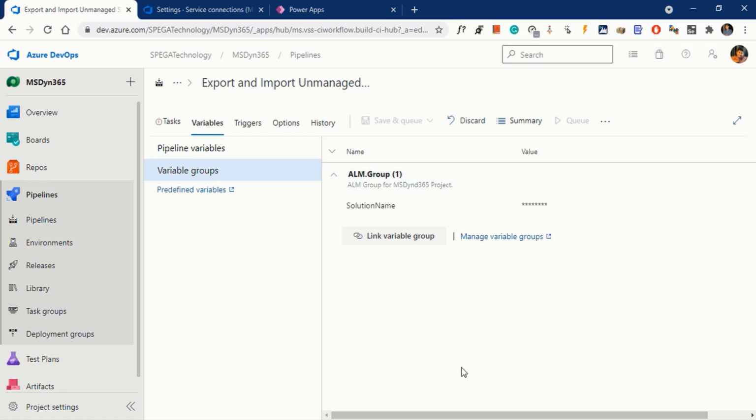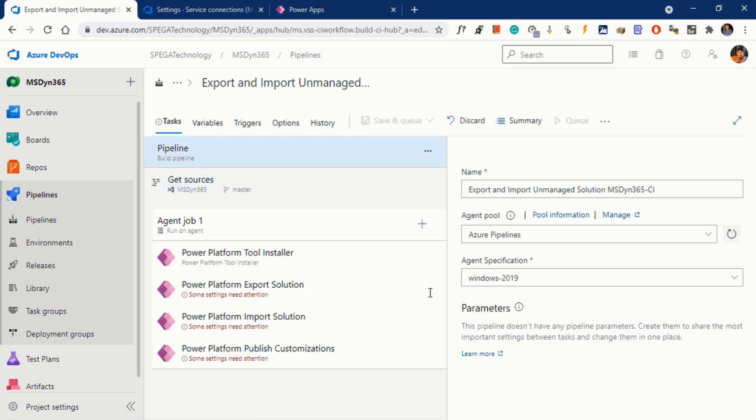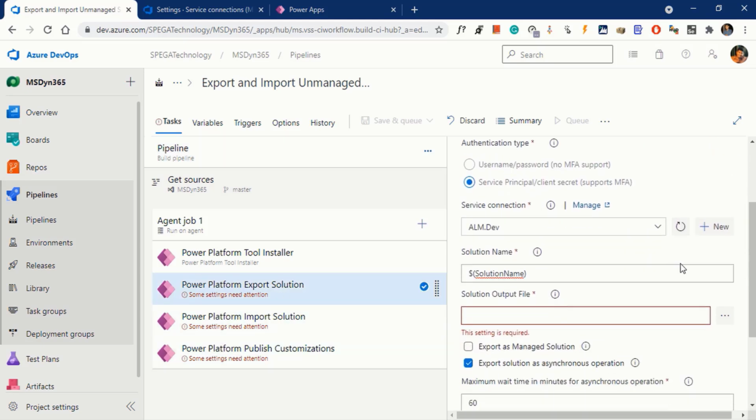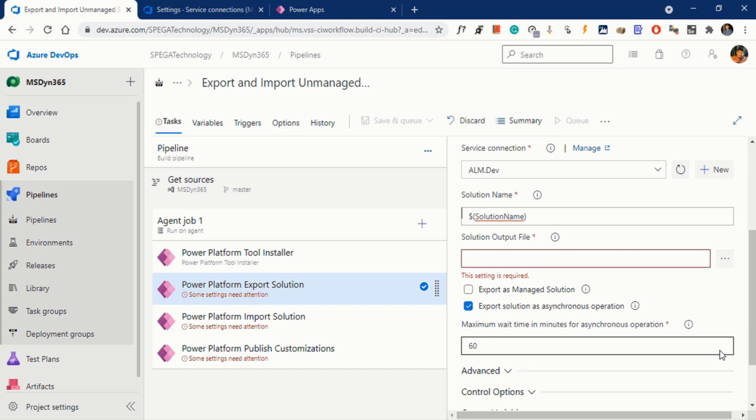Now go back to the task and click on the export solution task. It's asking for the solution output file, which means the path where we want to keep our exported solution. So let's give that path.